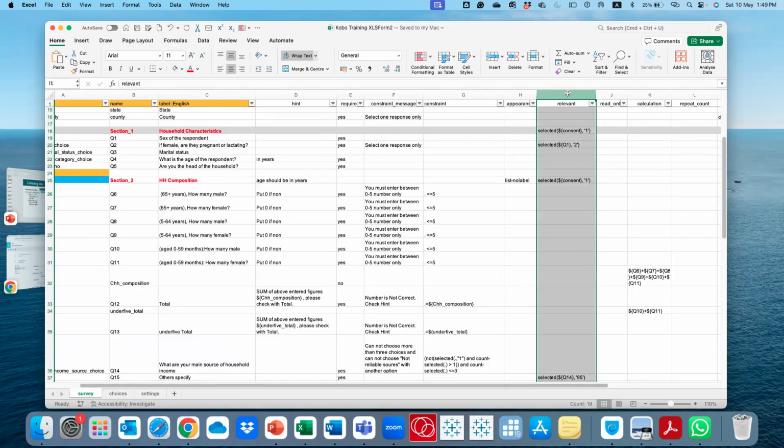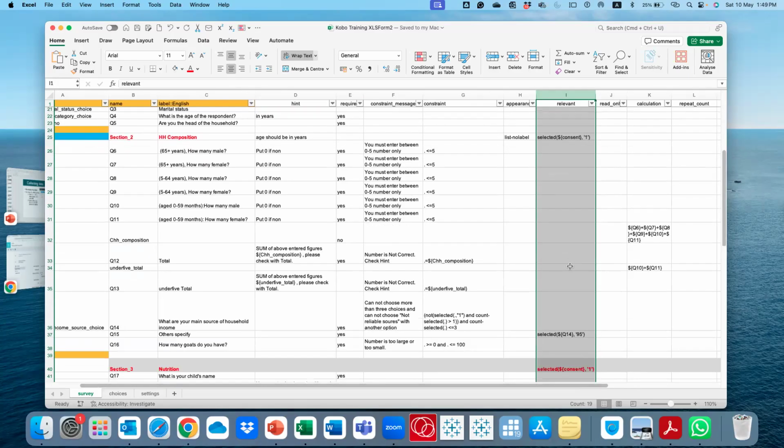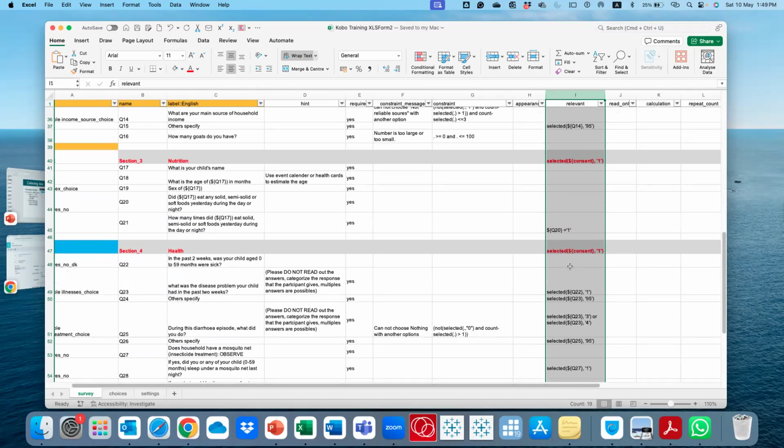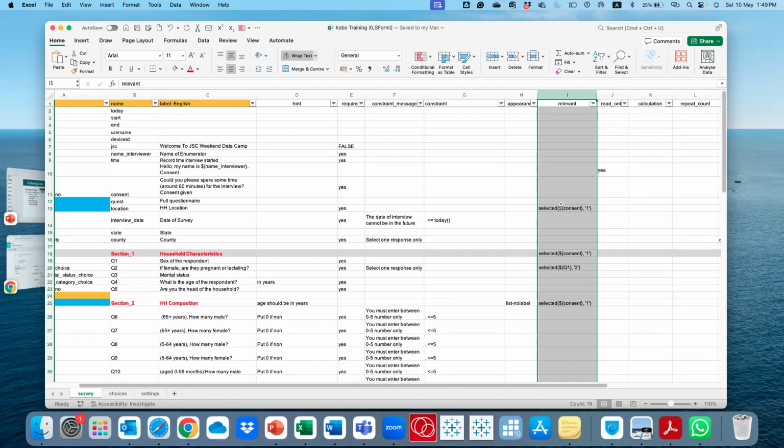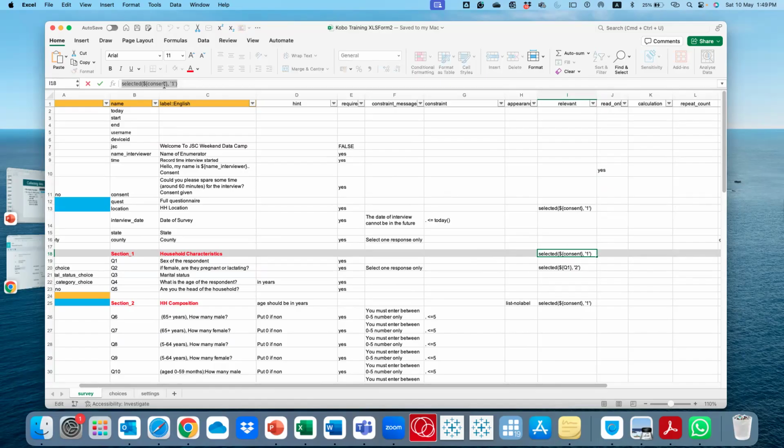See this one. I think if you see here, we have a lot of them. All this, for example, says that this question will display if this is selected, if one from this question where consent is the name is selected.